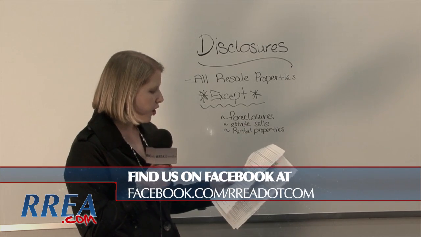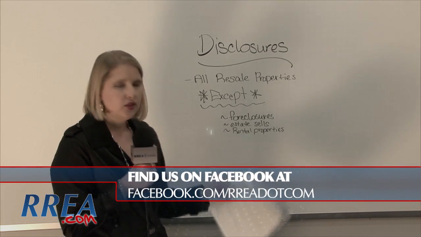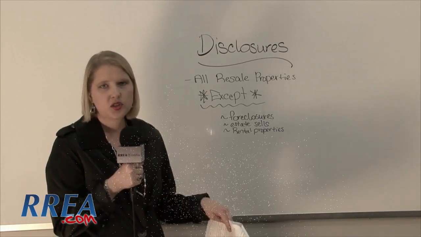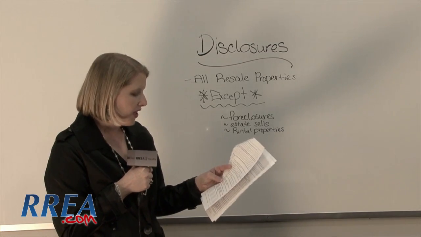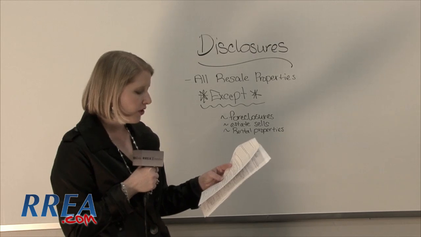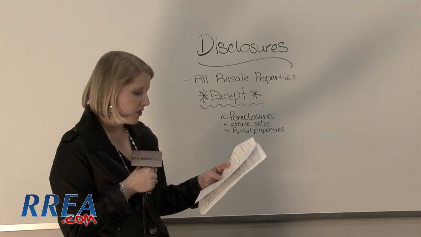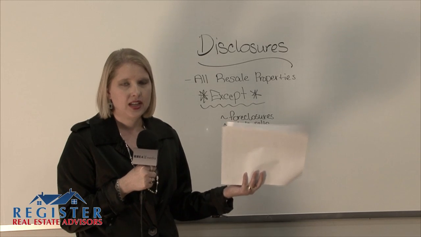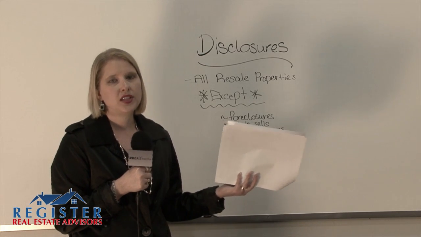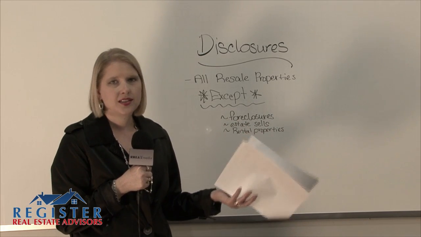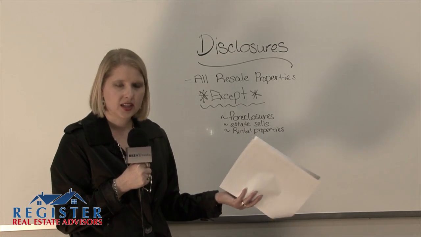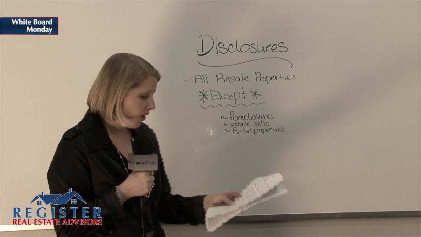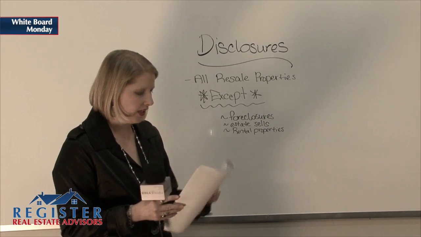It gives a section for the homeowner's information. It asks if you know of any lawsuits pending with the property. And also one of the questions, which is always a tricky one, is has there been any death on the property except for those deaths caused by natural causes, suicide, or accidents unrelated to the property condition? So in other words, if there was an accident that happened on the property due to something being wrong with the property, the staircase is a little uneven and somebody fell down and died, you of course would have to disclose that as being a material defect with the property. On the next page,